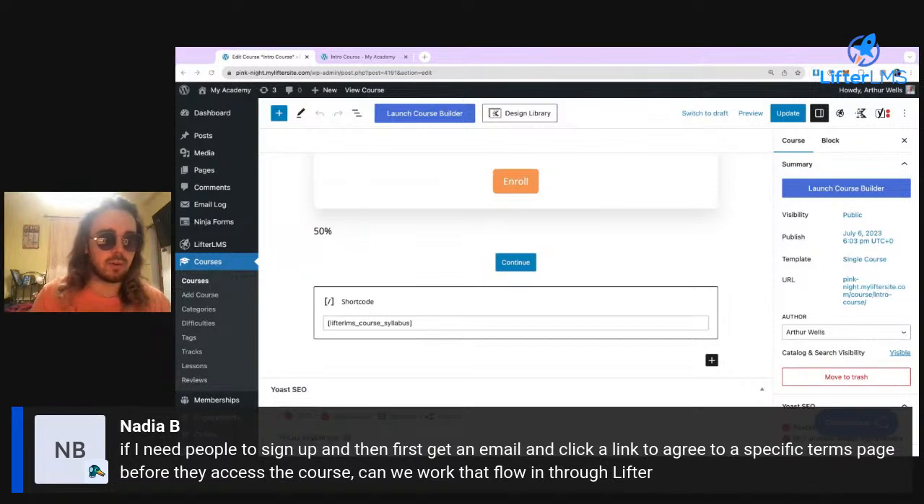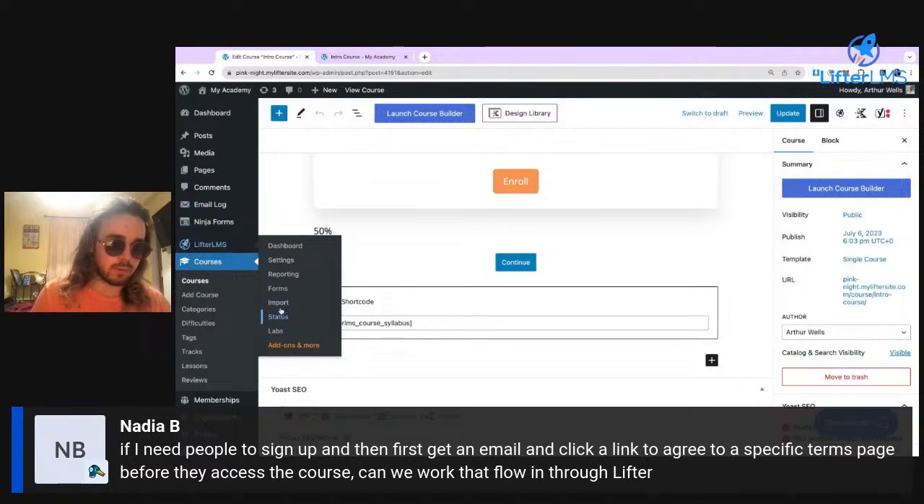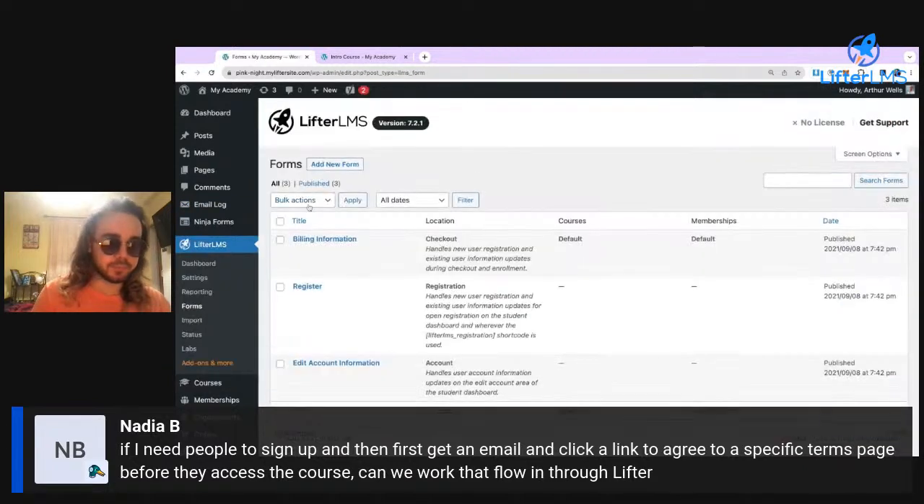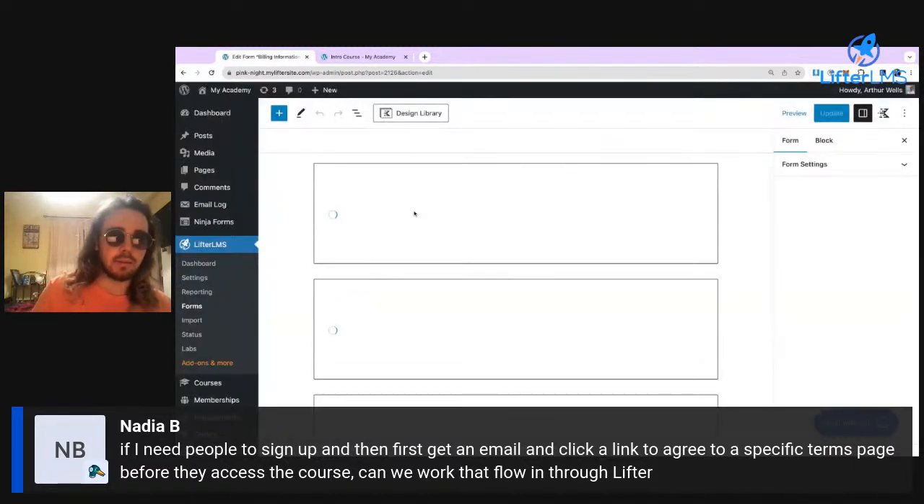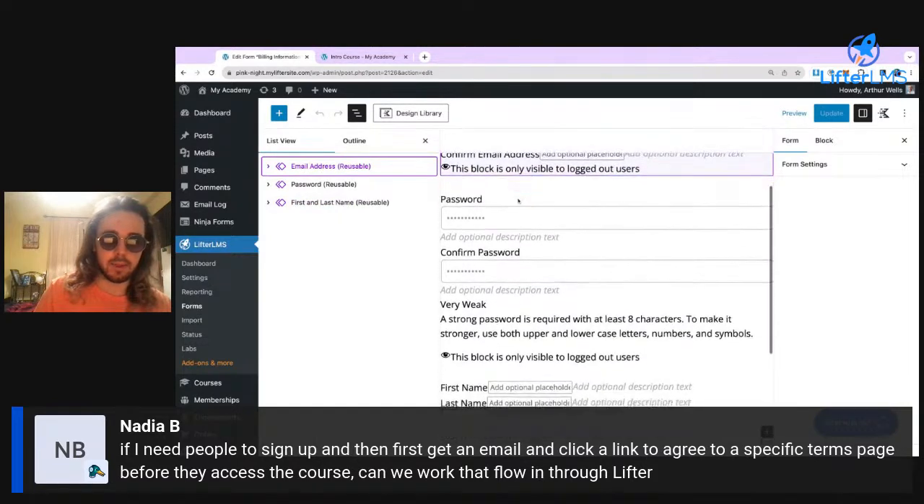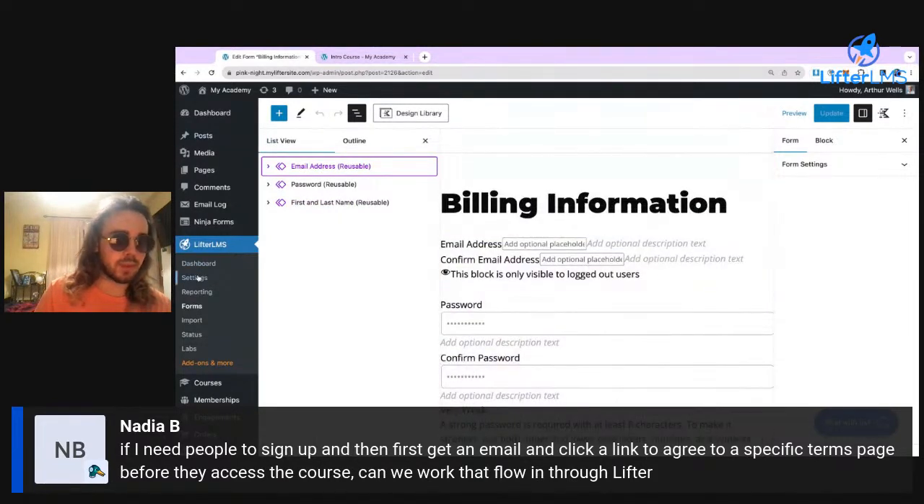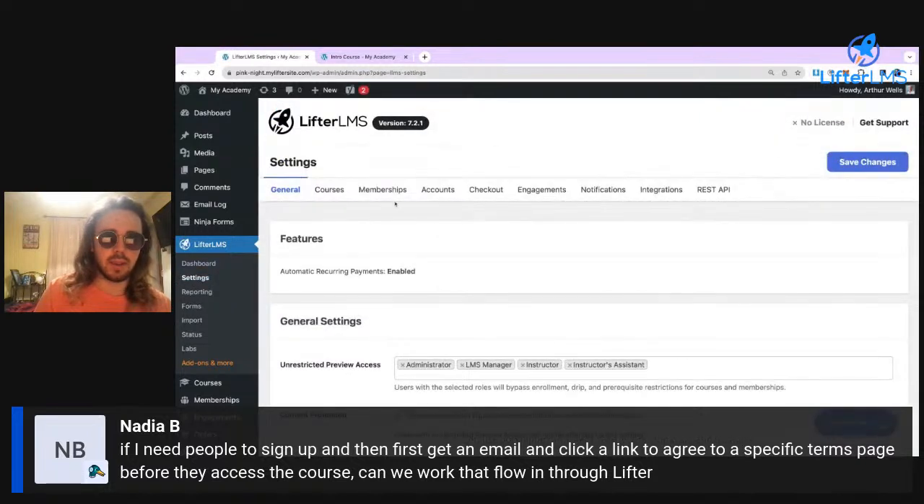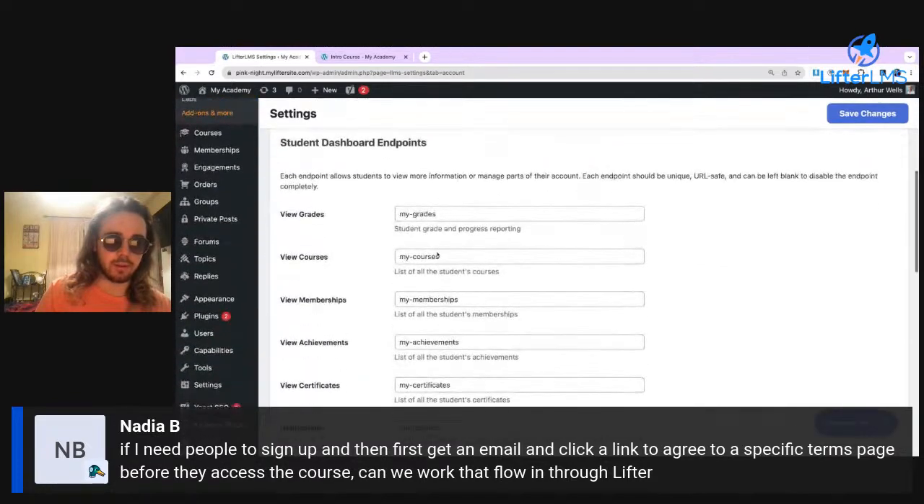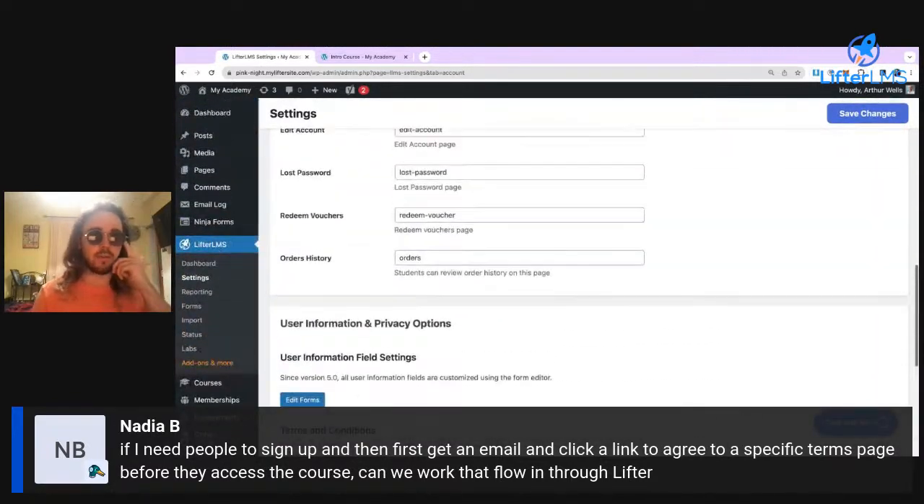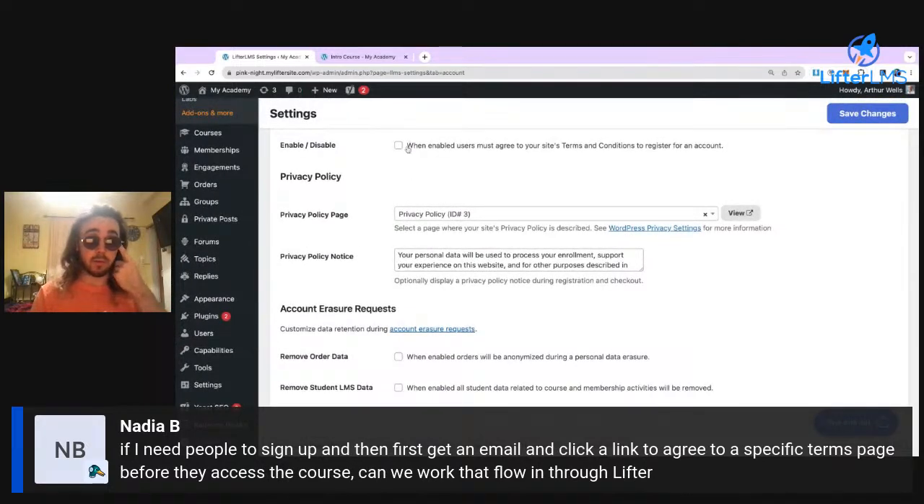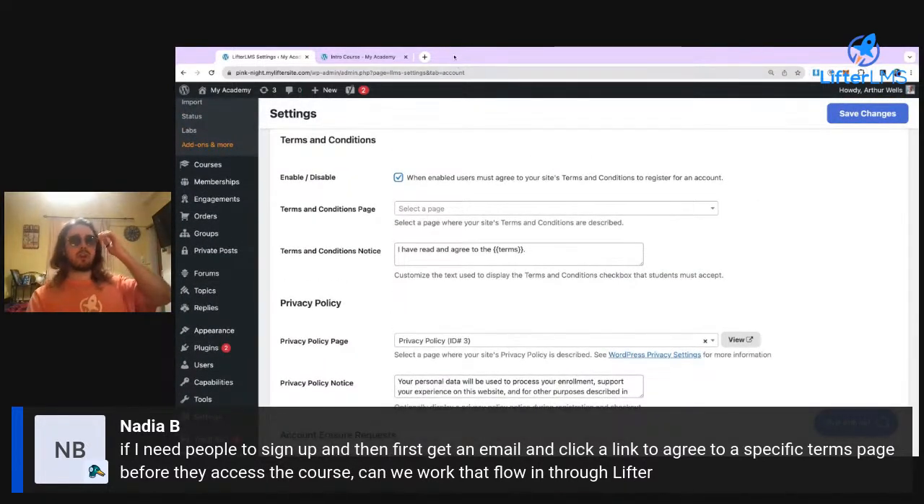fields extension, so I guess LifterLMS out of the box, if we go to LifterLMS forms, in the back end here, the billing information is the one that's displayed on the checkout page, has certain fields like email address, password, first name, but there is also in the settings a terms box for accounts. LifterLMS settings accounts, there's a terms of service and privacy policy check mark. If you want to enable terms of service, you could do that. This would be a check mark they'd have to hit on checkout, but if it's required to be an email,